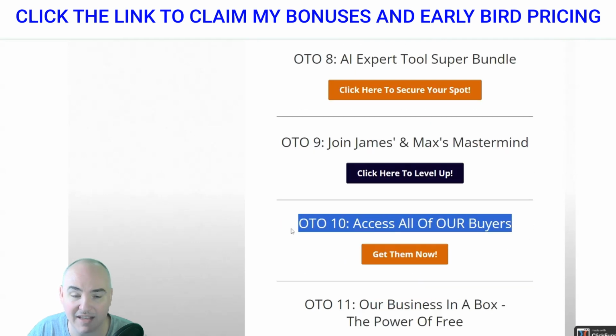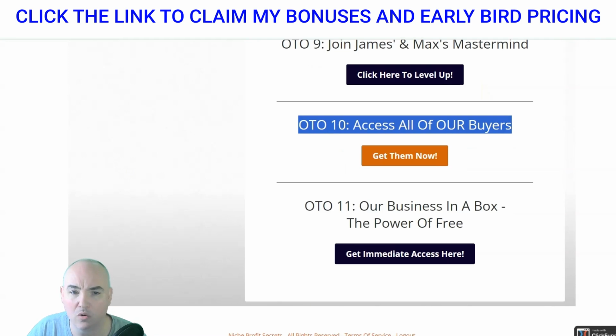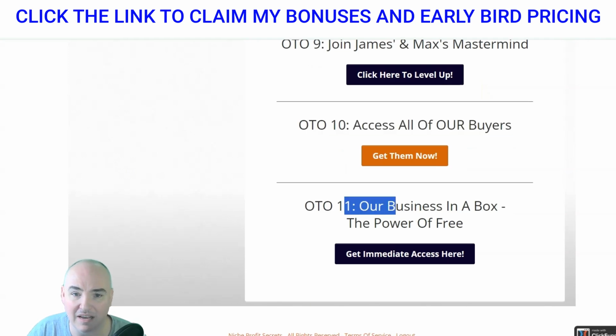They have access to the buyers for the next launch. Now, what this is, they're going to put your offer inside of the special unannounced bonuses section so that when people go there, they can opt into your list to take one of your offers, and then you'll be able to get the buyer offers for people who want to claim your bonus. OTO 11 is our business in a box, where they're going to